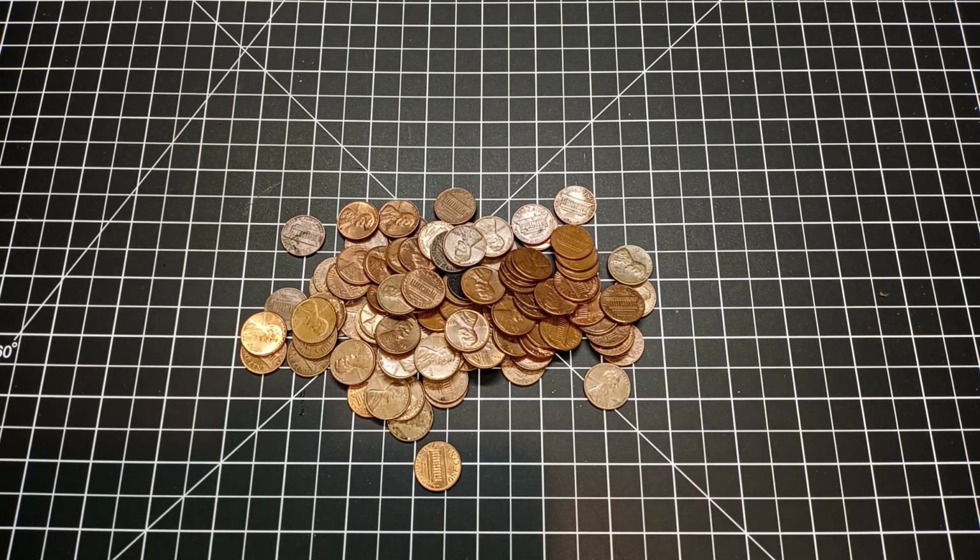Think about what happened in the mid '60s after silver was pulled out after the '64 year. People were basically keeping all their '64 and older half dollars and dimes and quarters because they actually had some intrinsic value. It wasn't a promise stamped on a metal disc; it had value. Right now,